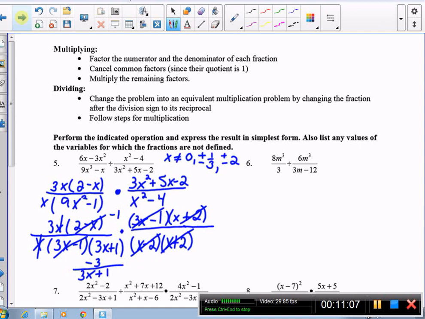All right, for number 6, we're going to flip this around. So it's 8m cubed divided by 3 times,